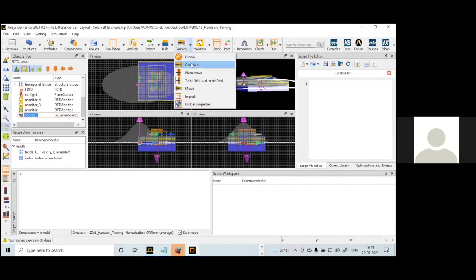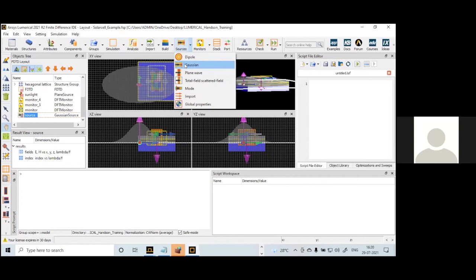In most cases, to energize any optical structure, we use plane wave sources. Dipole sources, like an isotropic antenna, we can keep anywhere in the structure, and it will radiate an equal amount of intensity in all directions. The Gaussian source we can use whenever we want a broadband wavelength source.